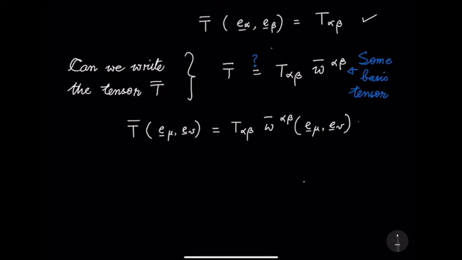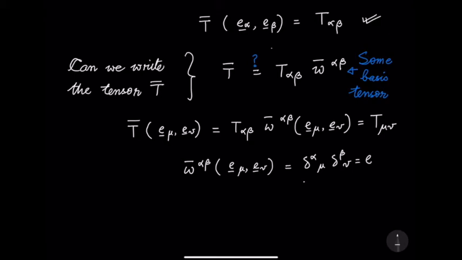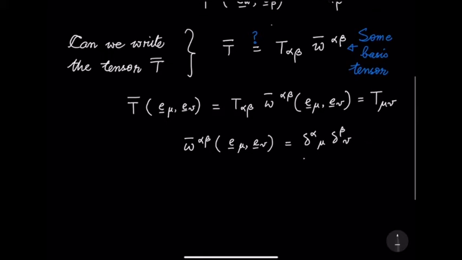Now this necessarily from this relation has to be T mu nu, which essentially tells you that omega alpha beta taking the unit bases in it is nothing but the two Dirac deltas, delta alpha mu and delta beta nu. And that I can write as